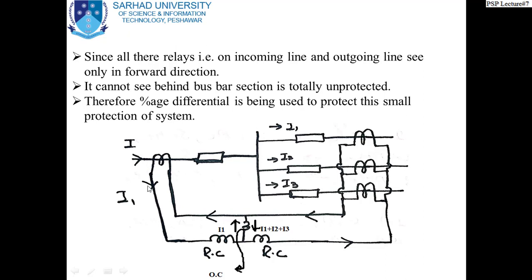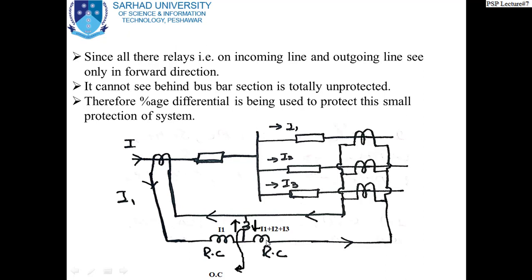So we have an incoming CT which is carrying higher current, and we have outgoing CTs which are carrying small currents, a number of output CTs but carrying small currents. So under normal condition, this high rated CT carrying high current is to be compared with the number of CTs carrying small current. Therefore, in this type of condition, the restraining coil or the restraining force is a must.